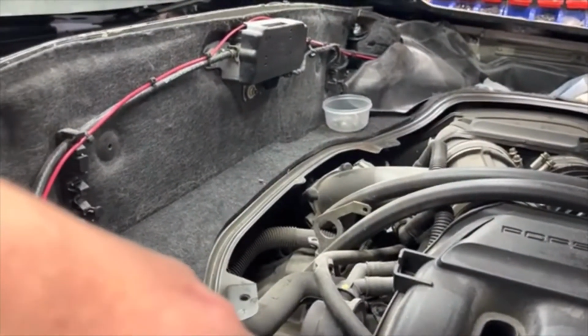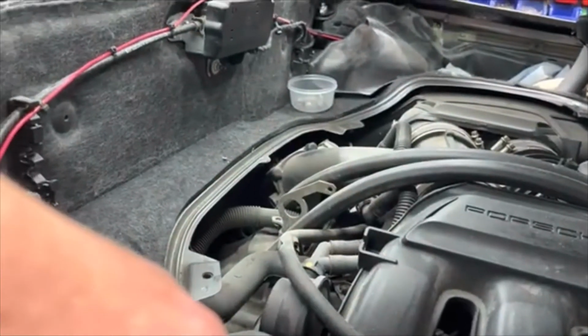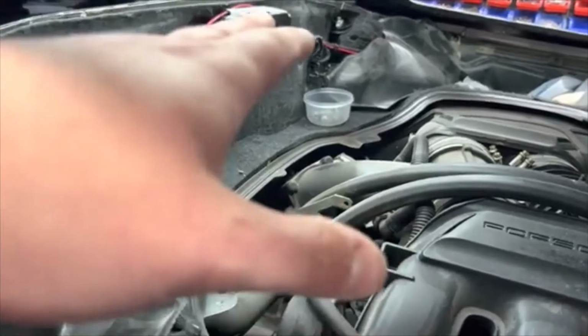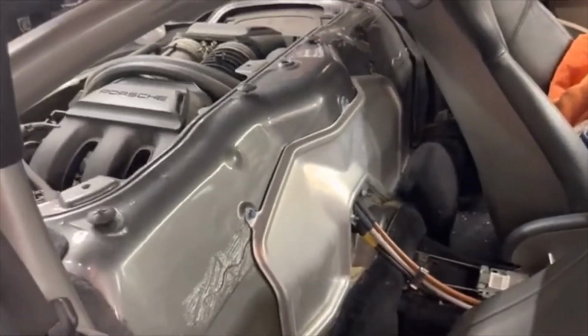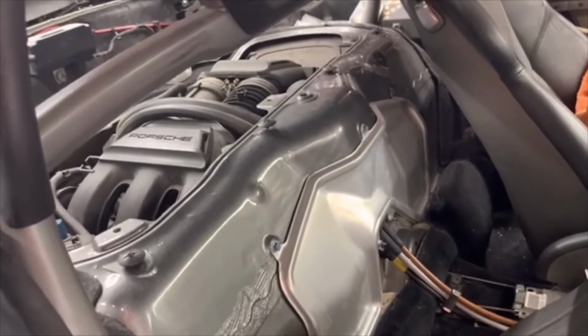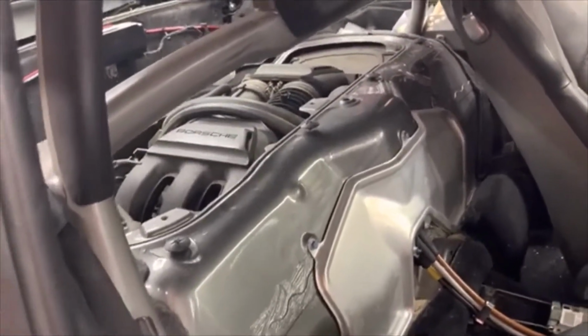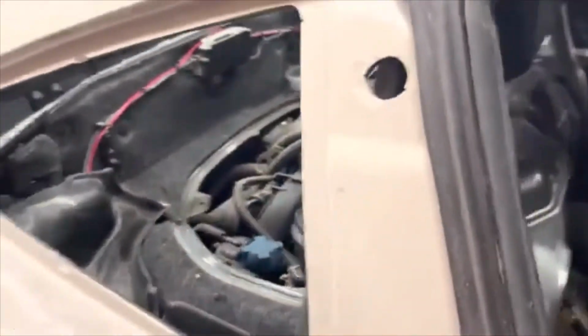So when you do one of these cars, like I said, the engine access is fine really. Depends how extreme you want to go. You can take the windows out if you want. I've never had to do that. You can take the seats out as one if you want. I've never had to do that either. I think if you're doing some major work on the engine, you'd have to drop the engine out of the car anyway. And in fact, my mechanic said that it's actually easier than the standard Boxster,